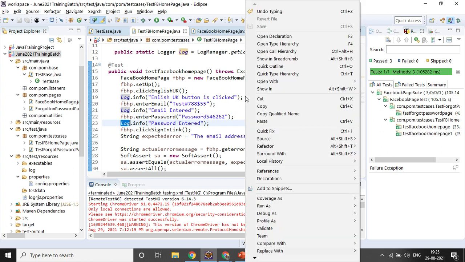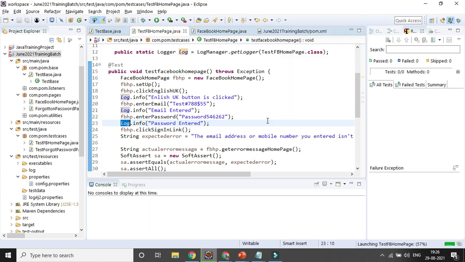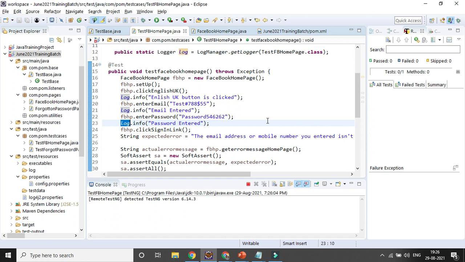So now try to run your execution, and let's execute only that particular test case. In a particular class, there are two test cases, and in one test case we have implemented some logger information.